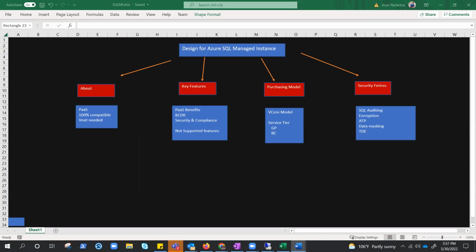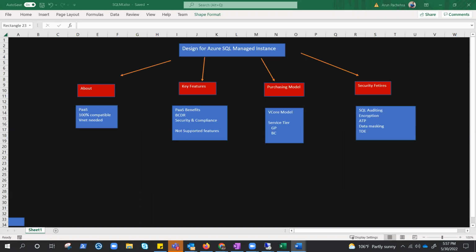It's very good to mention. It is a lucrative offer, which we are supposed to mention always when we talk to the customer. If they have some software assurance and the licenses, then of course they can harvest the benefit of AHB, Azure